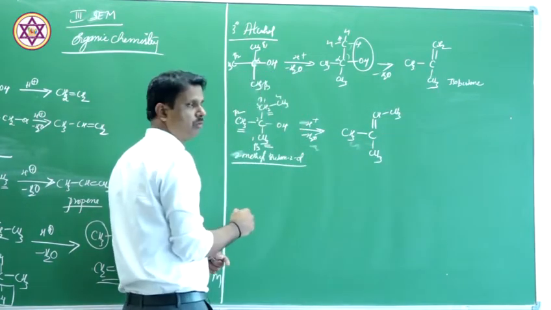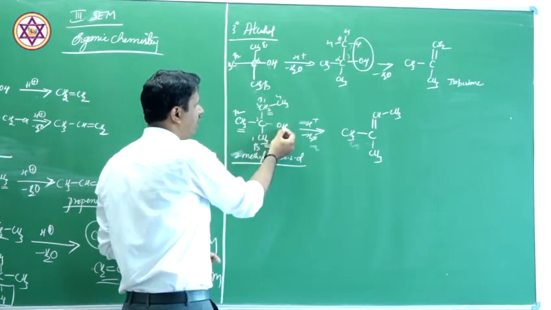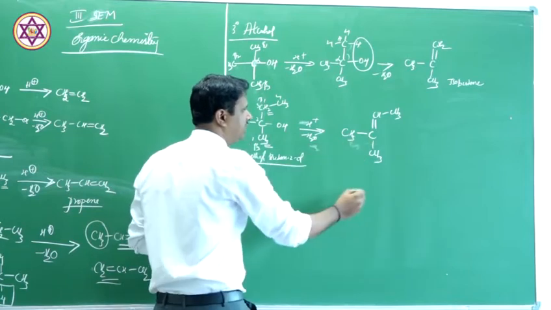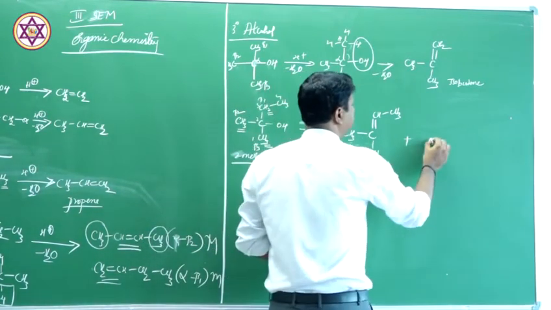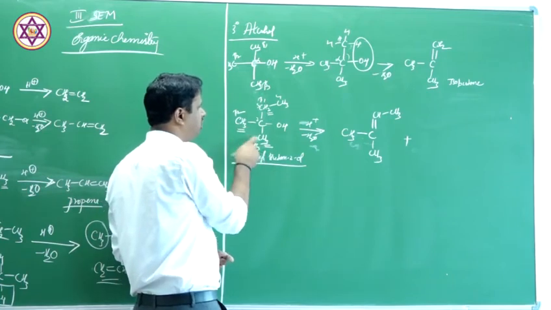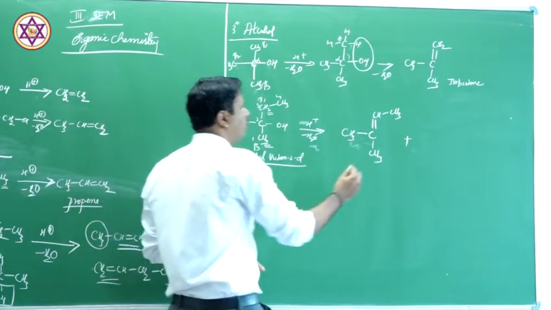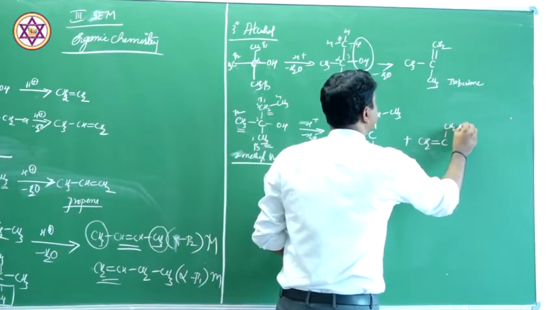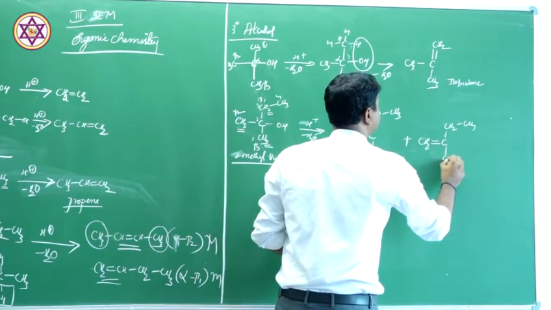This is the one, so see, hydrogen from here, OH from here. So you remove a water molecule, this is one possibility. And the second possibility is that you can remove hydrogen from any of these two carbon atoms because these two are same. So what you are going to get? CH2 double bond C, CH2, CH3, CH3.